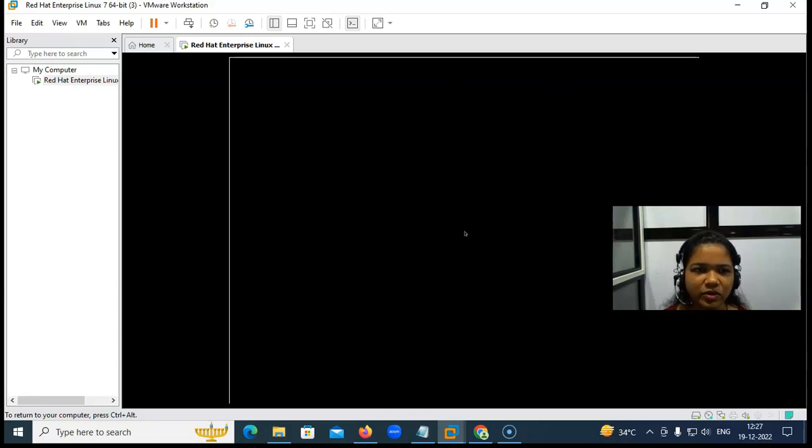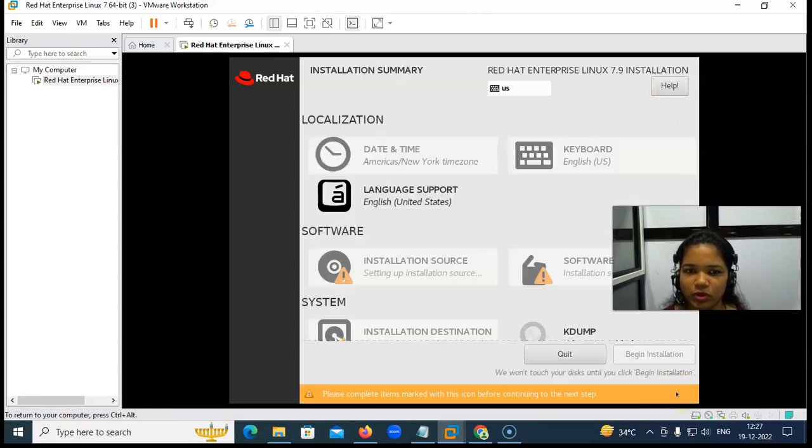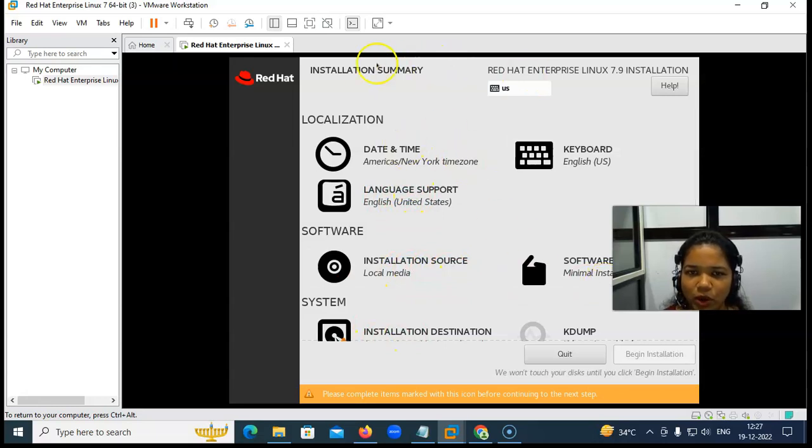As soon as it gets configured, you can see it has asked you for the language. So we'll keep the same English language. We can continue. Here we have to make a few changes, like you can change the date and time, you can change the languages, you can change the source. So mainly, what we are going to do is